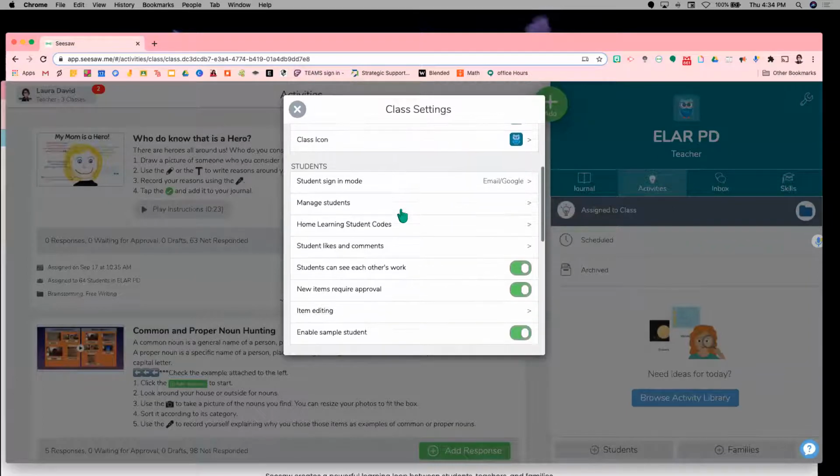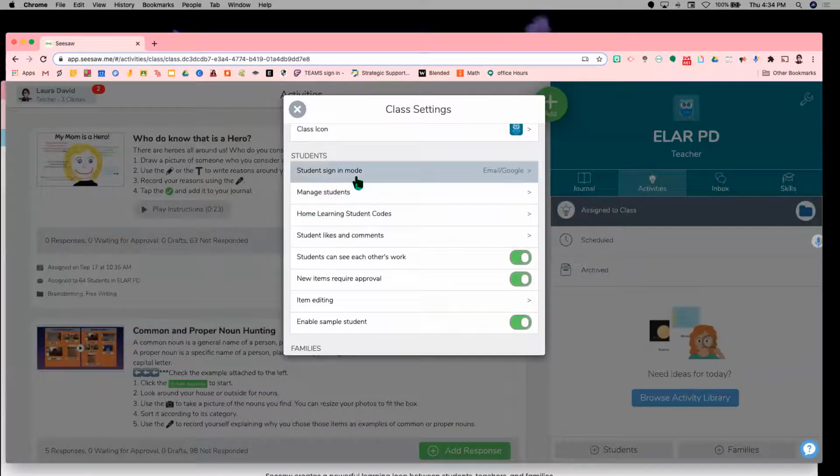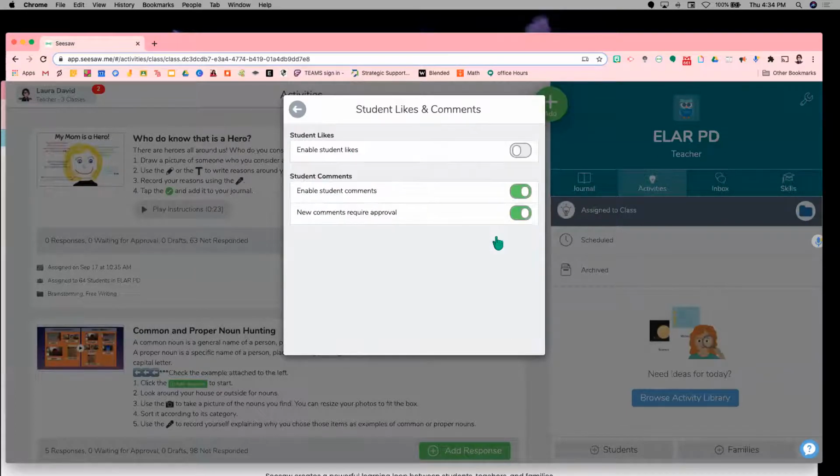Under the students options, I can disable the ability for the students to comment. I can enable the likes if I wanted to. And usually I disable that. When I was using this in the classroom, I disabled that just because some students get likes and some don't, and then there's issues there.